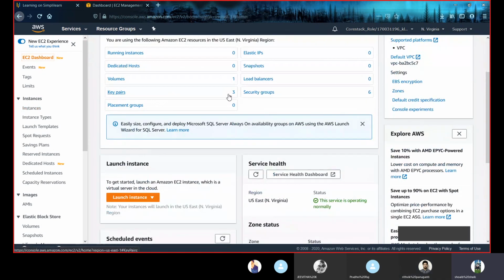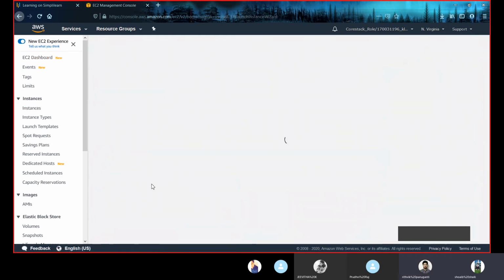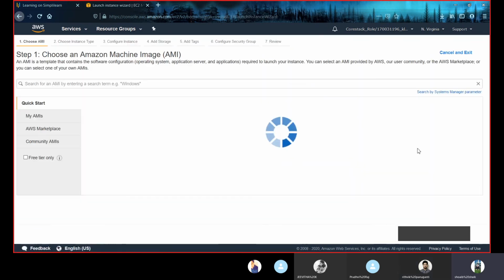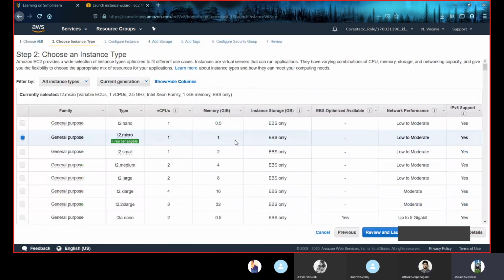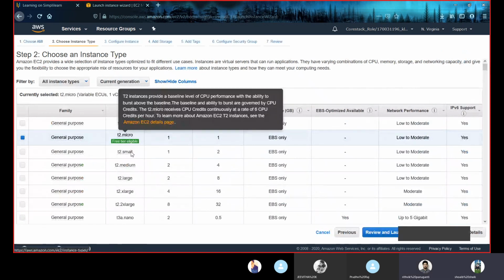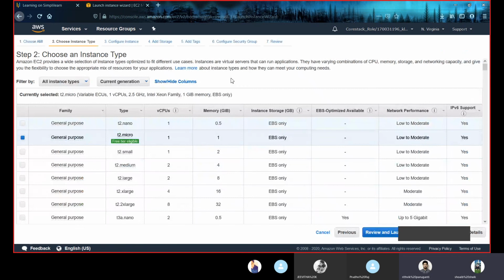Let me remind you again. You'll be asked to choose an instance type in the second step of launching your instance. There are different types of instances like nano, micro, small, medium, large, and extra large.